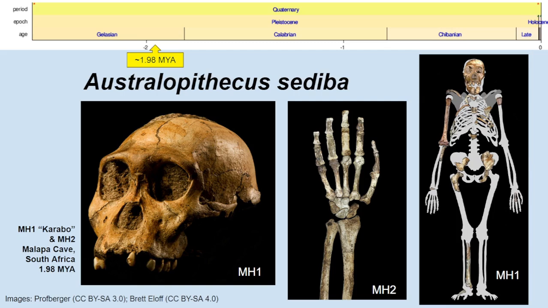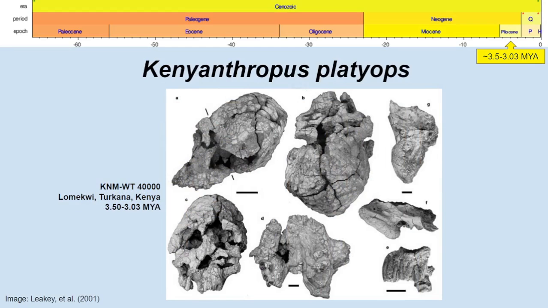The latter date, of course, would be when it gave rise to Paranthropus and Homo. Interesting idea. Of course, it'd be nice to see more phylogenies test that result. But there is another species to consider before moving on to those two genera. If we move to the next slide, that is, of course, Kenyanthropus platyops from Kenya, 3.5 to 3